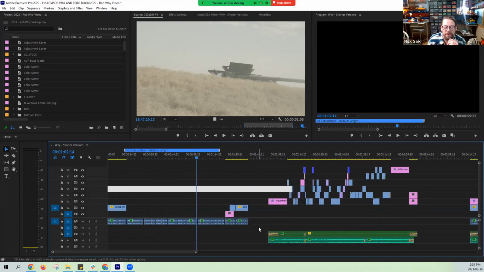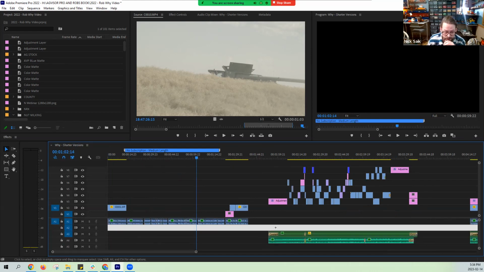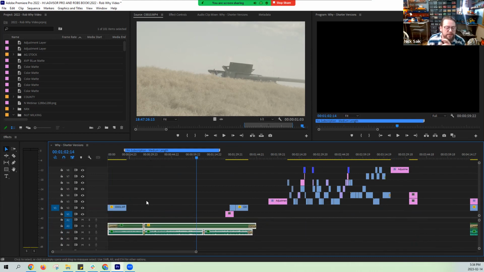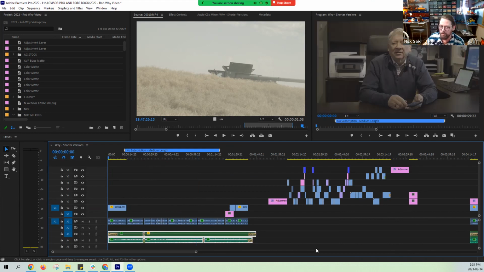So the next thing that I'm going to bring in is the music, and that's what this layer is. This is exactly how I would do it, this is the order I would do it in. So I have that base layer, I have the audio from that, and the next thing I'm going to bring in is the music. I always bring in the music really early in the process if I'm able to,